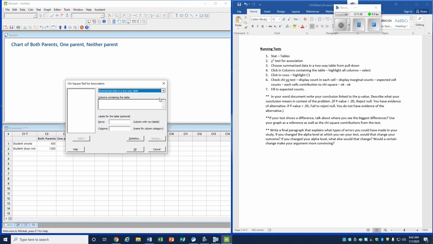And for step 4, you're going to click in the columns containing the table box. You're going to come over here to the left-hand side and highlight all of those columns, and then hit Select under the box. In step 5, you're going to click in the box labeled Rows. You're going to highlight the C1 variable, and then you are going to check